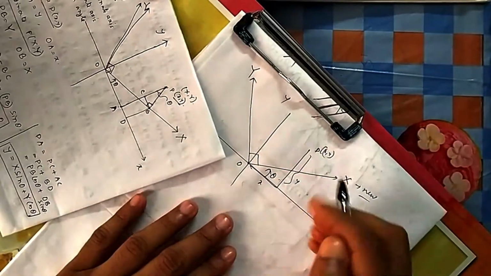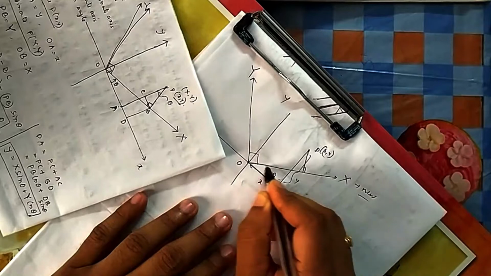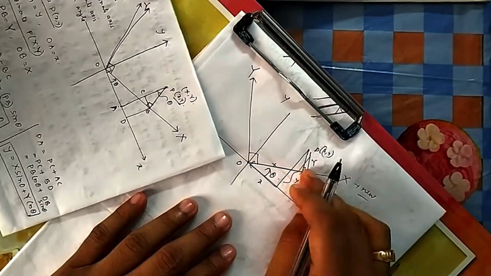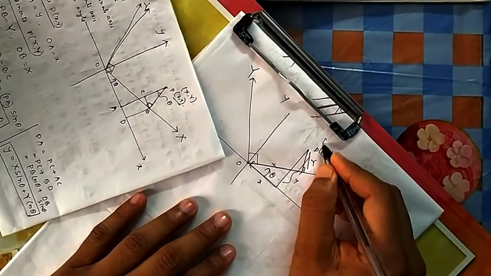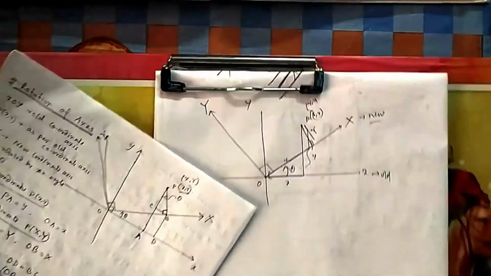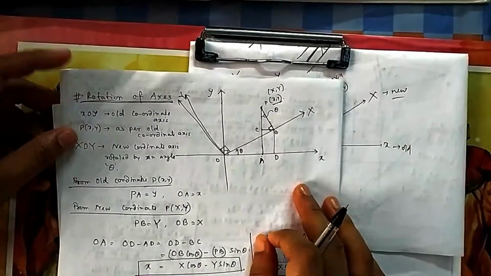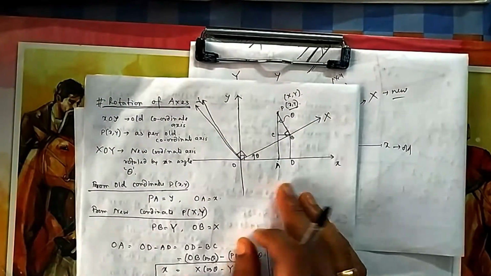This is my X. If this is a point, then I will draw a perpendicular on it. So this length will be capital X and this length will be capital Y, because this is the coordinate, so I will move the x coordinate here and then I will move the y coordinate. So as per the new coordinate system, this will be capital X, this will be capital Y. Okay, so I need to find a relation between small x and capital X so that I can change from small x to capital X.